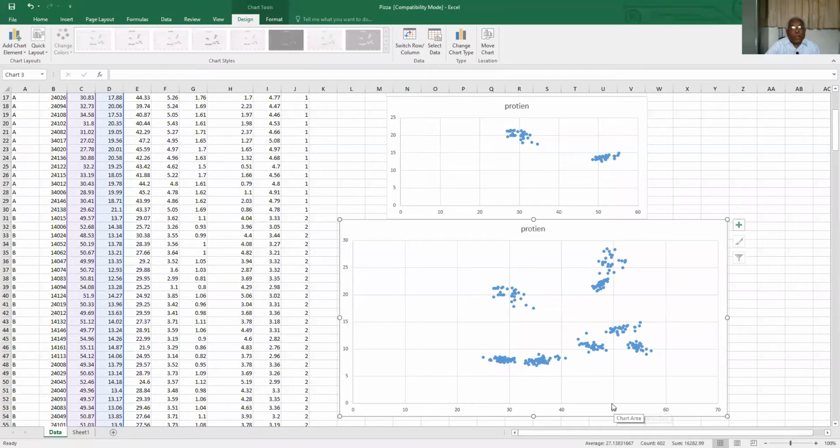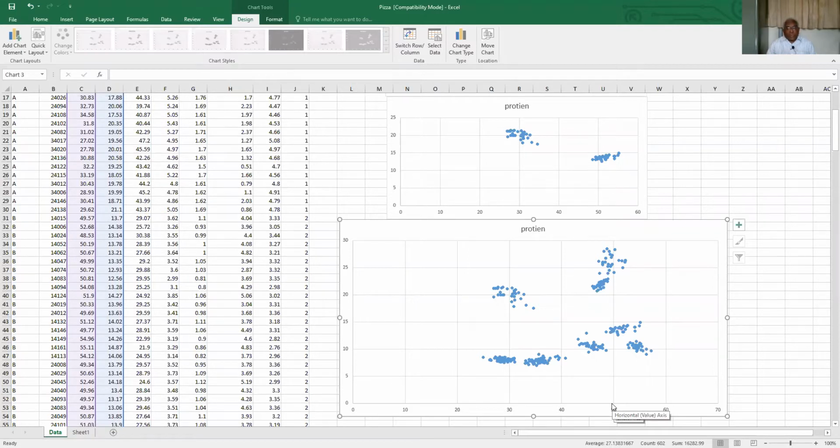This is not your regular scatter plot. Remember, in correlation analysis, we go for a scatter diagram, and using that scatter diagram, we conclude what kind of correlation there is between them. This is not your regular scatter diagram.